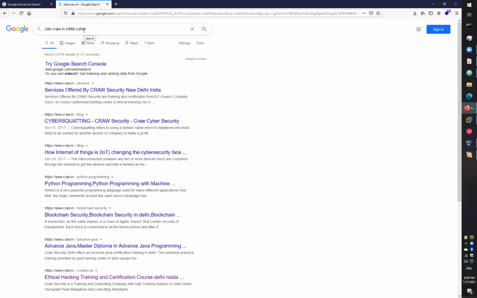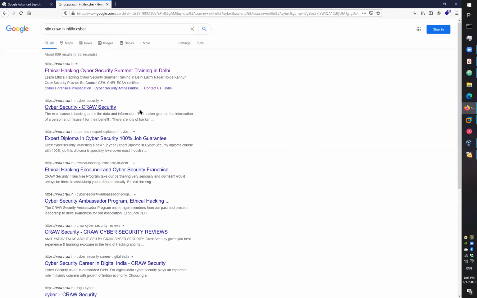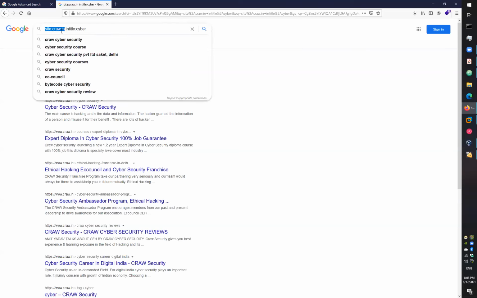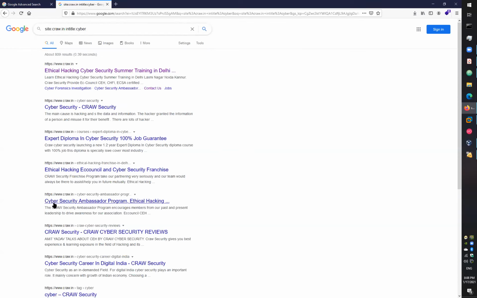If I write intitle cyber and press enter, all the pages are from pro.in because I have applied a filter to restrict my search to pro.in. I have applied a filter which restricts my search to pages which have cyber in their title. As you can see, cyber, cyber, cyber. All these pages have cyber in their title.